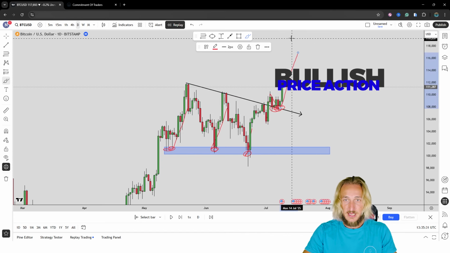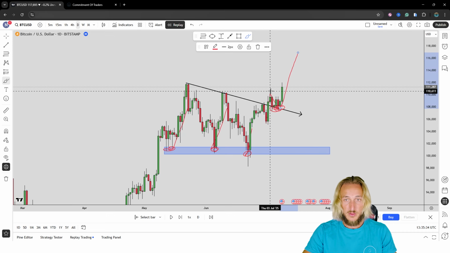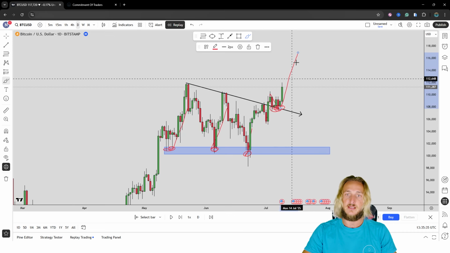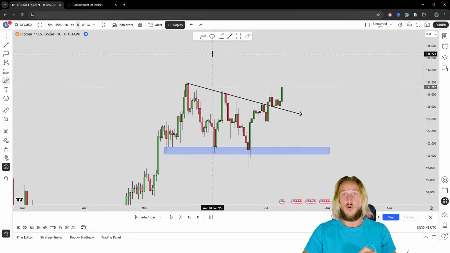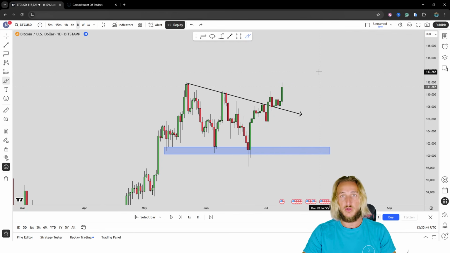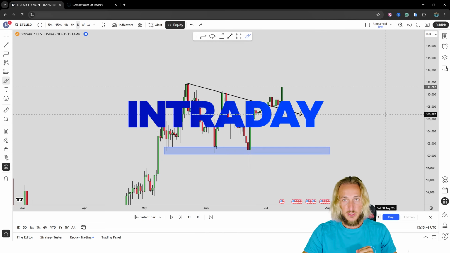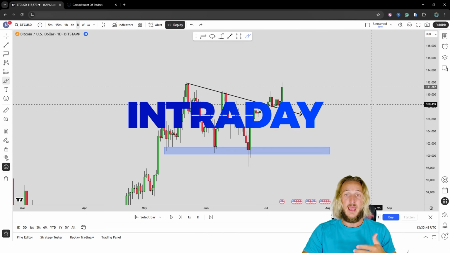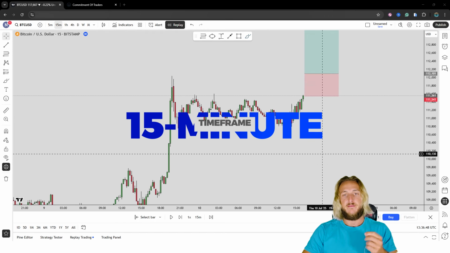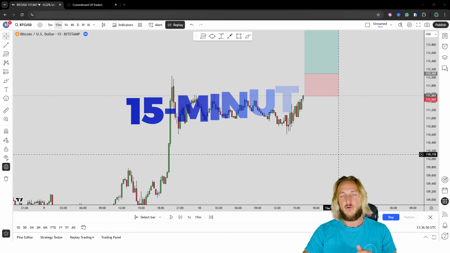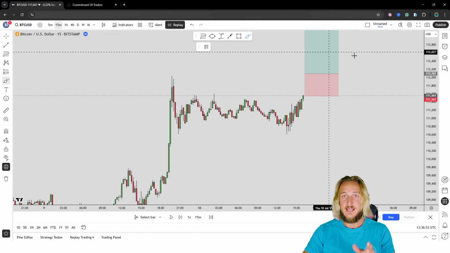And in fact, that is exactly what the market was doing. The market had broken the counter trend line, retested it, and was in the process of rejecting it to the upside. So also here on the daily time frame, everything was quite bullish. So let's go down on the intraday time frames and see what we had and what the trade was looking like. Dropping down here on the 15 minutes time frame, we had a very interesting situation, which is exactly what